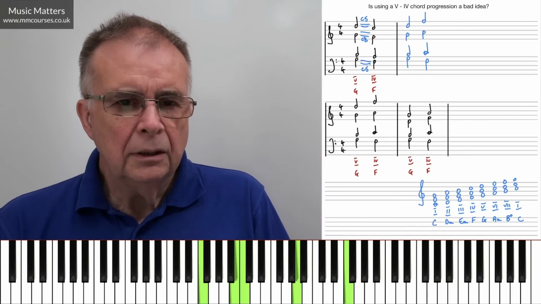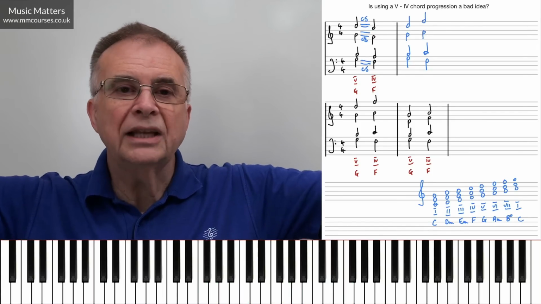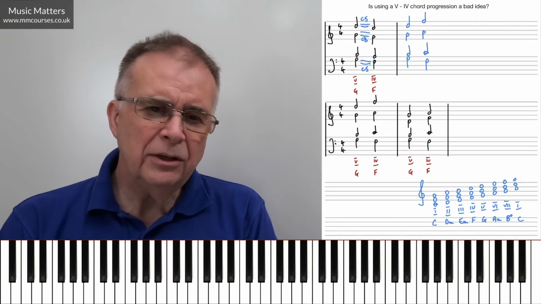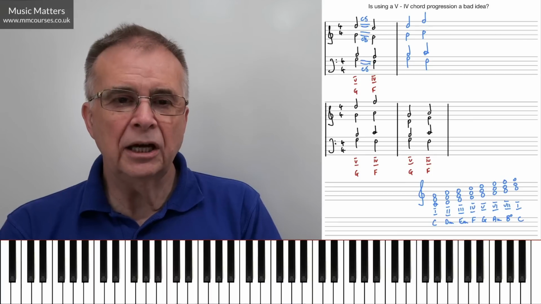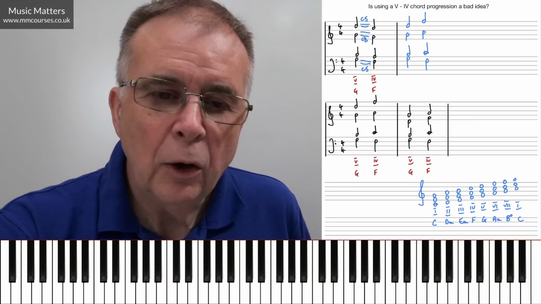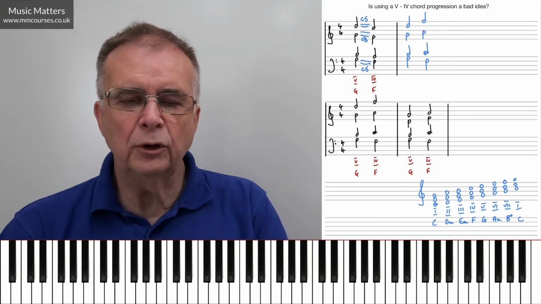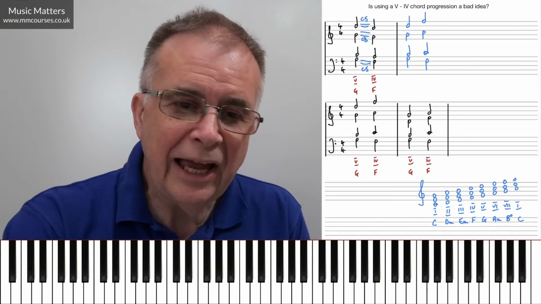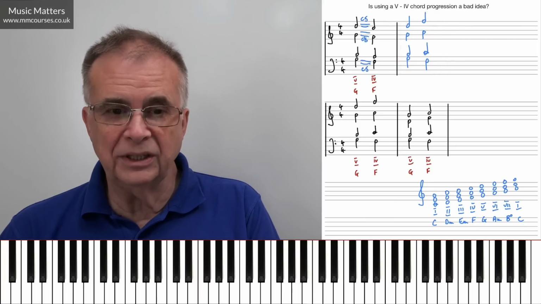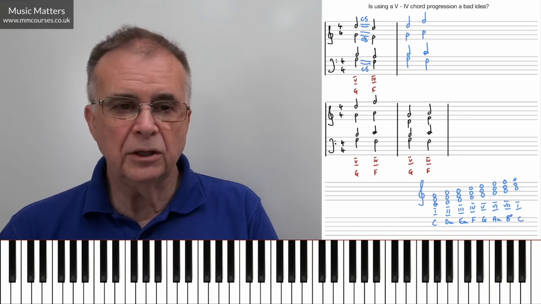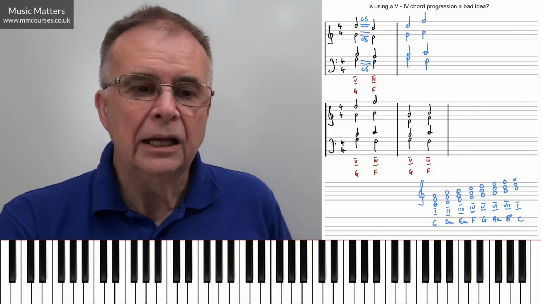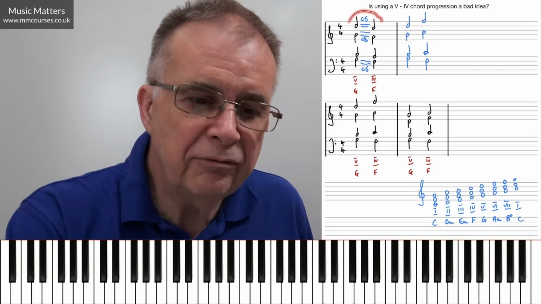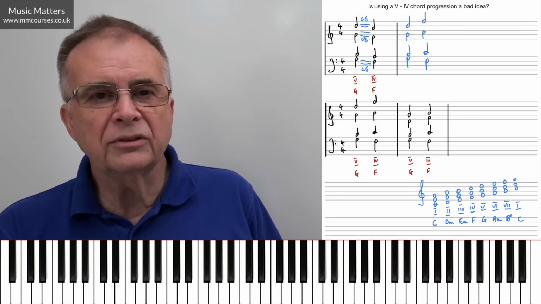Now, because we've got contrary motion, that progression is much stronger. We can hear the independence of the parts. So that's an interesting answer to the textbooks that say, whatever you do, never write 5-4 because you'll always end up with parallels or consecutives. Well, there's an example of how we can go 5-4 without ending up with that, and how in certain contexts, maybe that's okay. But it is really saying, employ this progression 5-4 with caution, because you're very likely to end up with this problem of consecutives.